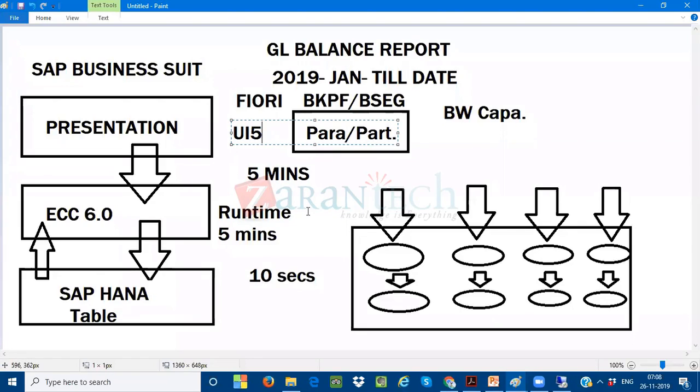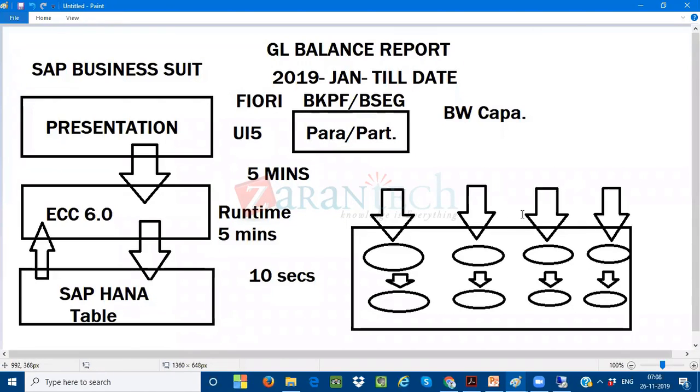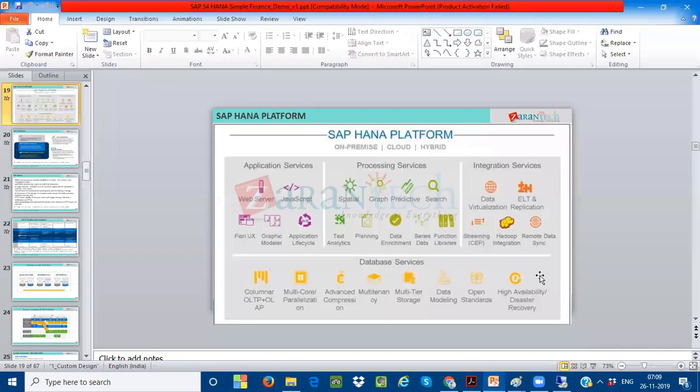Now, I'm getting all the data because of my parallelization. I have partitioning between one processor and another processor. This query is split into multiple queries, and it gets the data from each and every query, and within 10 seconds I get all the data. Now the HANA database starts doing the compiling. If you see this report, this is exactly what I'm going to be telling.